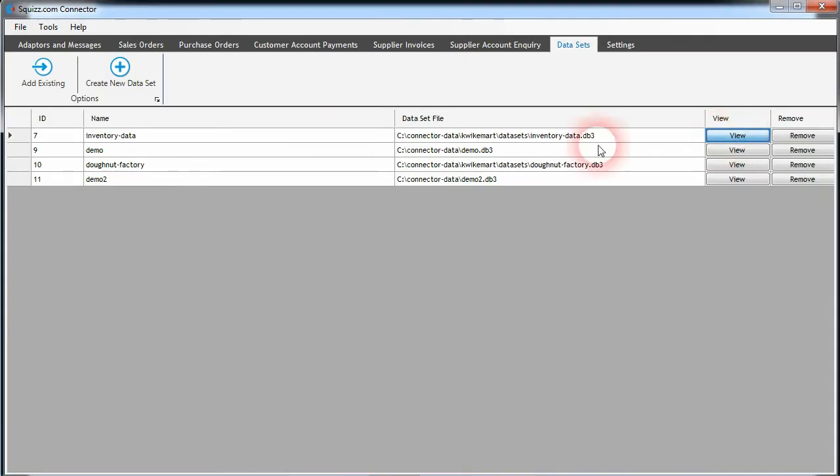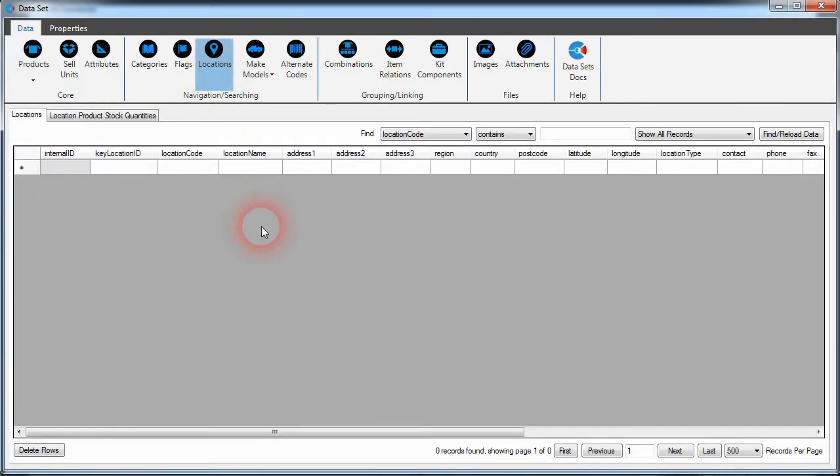And then if we click the view button, you can now see there is a location button where you can now create locations or import locations into a dataset, as well as then assign products to those locations and indicate their stock quantities. So within a location, there are a number of fields where you can set information about a